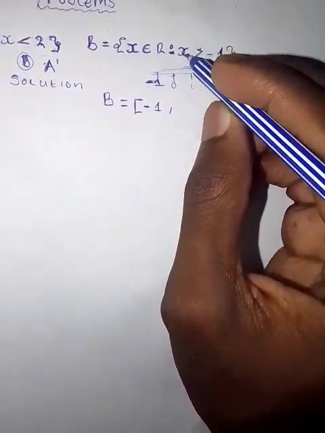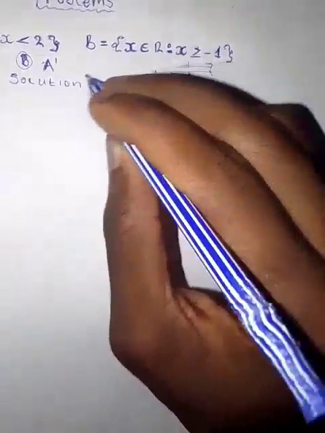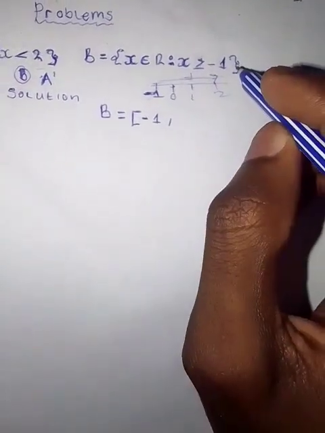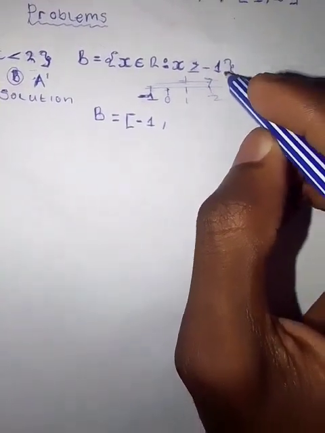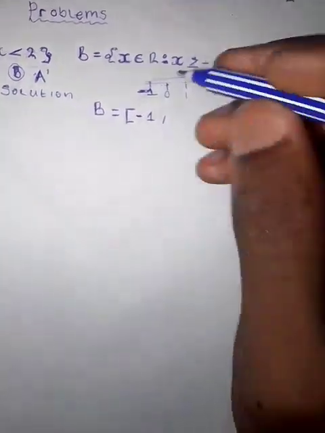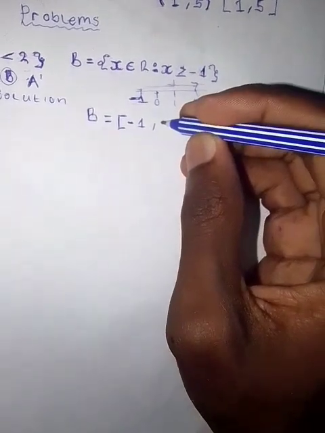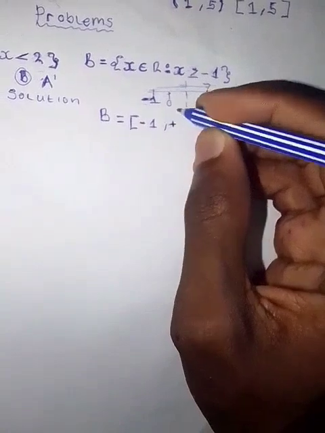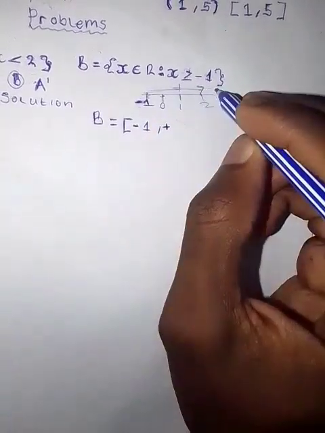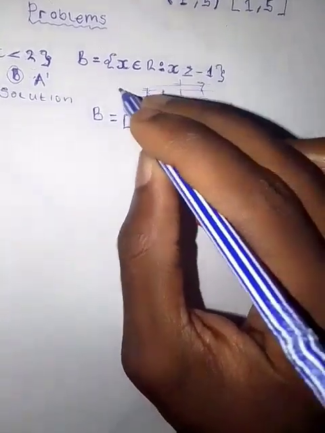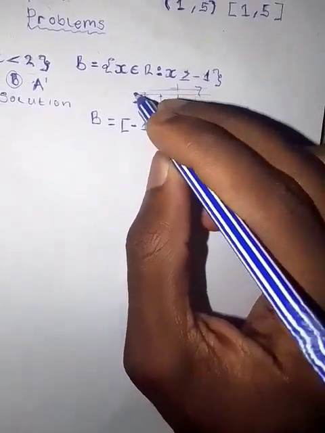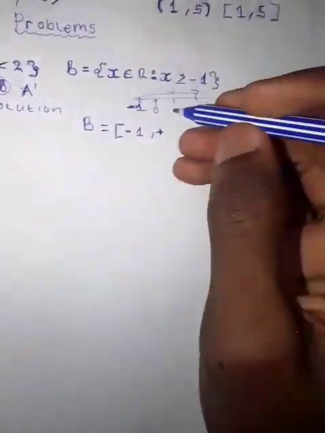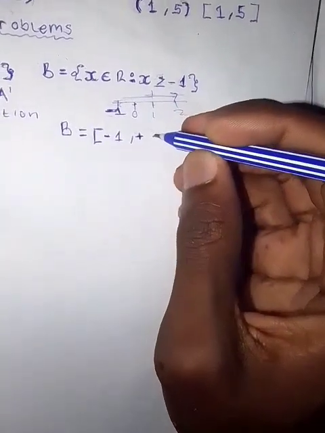If there was less than e, we would have gone this direction, to the negative part. Now, since we are going to the positive part, and they have not told us where we're ending, we are just going to infinity. So we put the infinity symbol, and don't forget to include the positive. The moment you write the positive, it means we are going towards this part. If you write the negative, it means you thought we were going towards this side, so you're going to get it wrong. You have to write positive in the symbol for infinity,